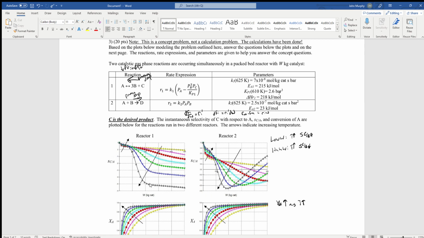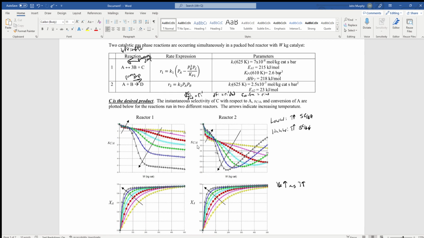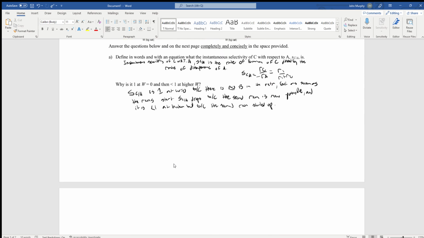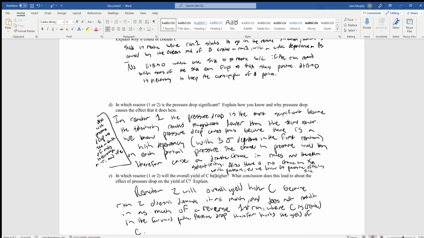But here we have 1 to negative, or 2 to negative like 6. So that means that we're going to have a higher pressure difference, especially when there's a progression in the reaction due to higher weight of catalyst. So what that means for problem D is that since there was a larger drop in reactor 1, we know